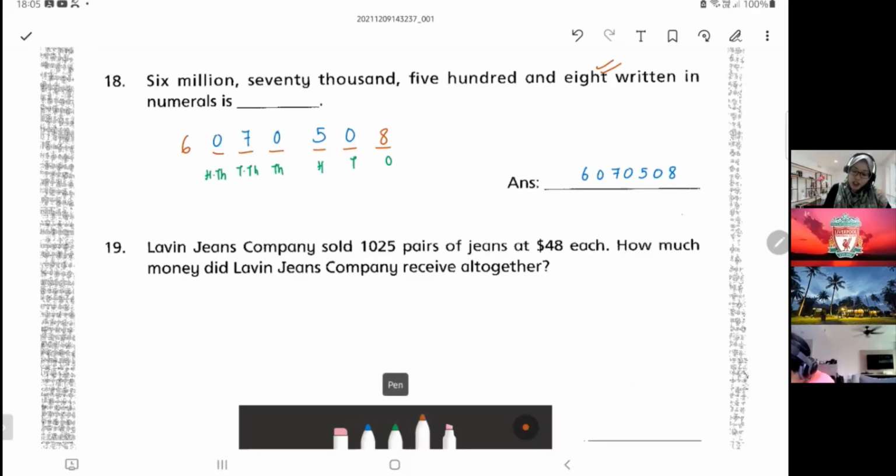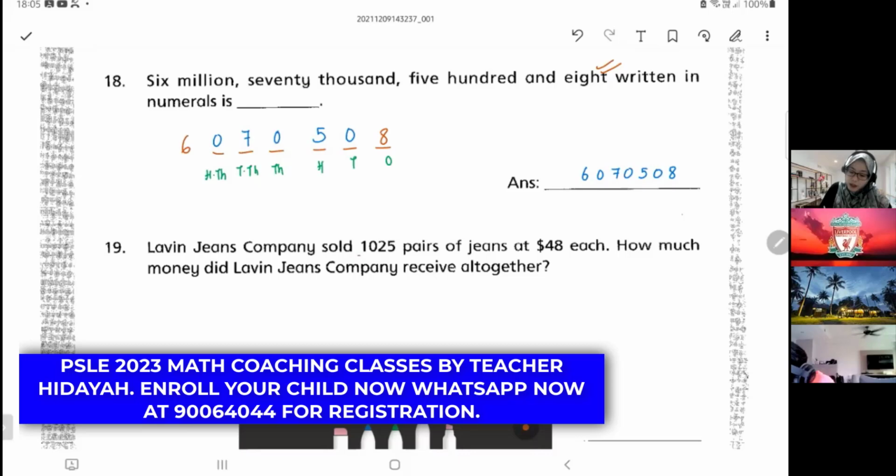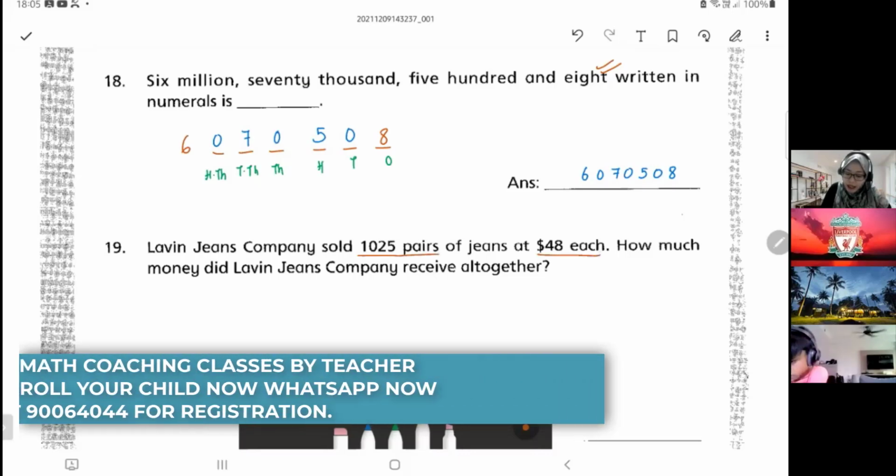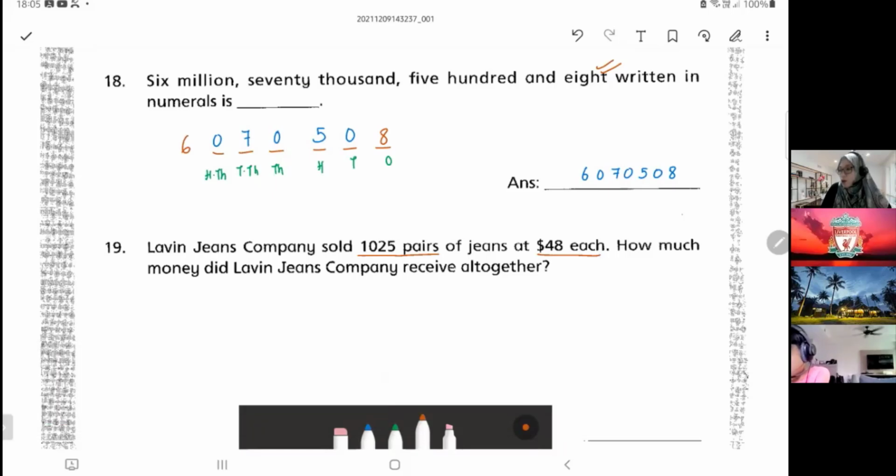One. Levin Jeans Company sold 1,025 pairs of jeans at $48 each. How much money did Levin Jeans Company receive altogether? So each means one pair. One pair is $48. 1,025 pairs will be